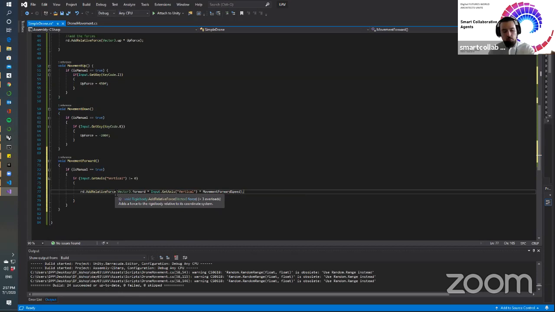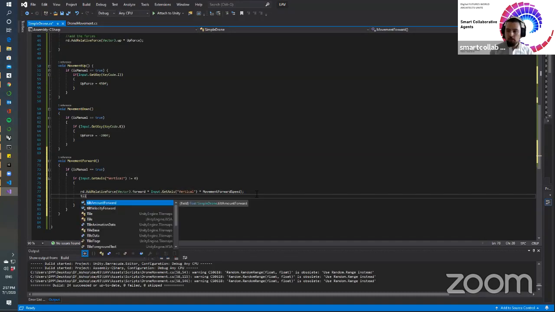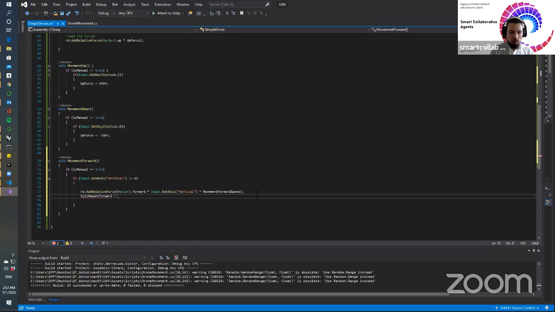It will add, so it will push it forward basically by the amount of the axis vertical and this multiplier that we have here. And here we can add, for example, the tilt amount forward, because then we want to control also the rotations. So I will do this immediately. We will do this as map F